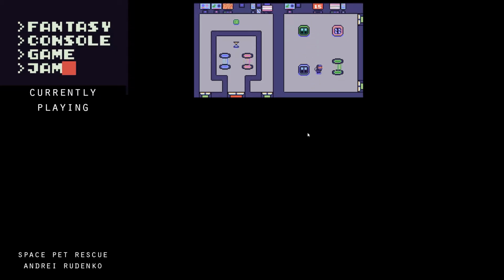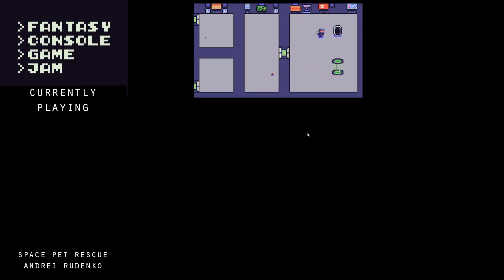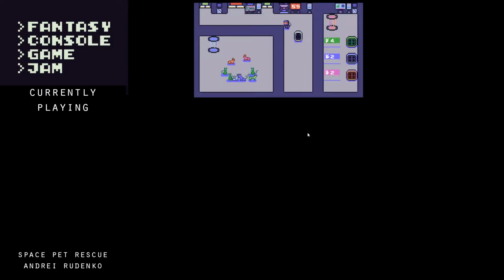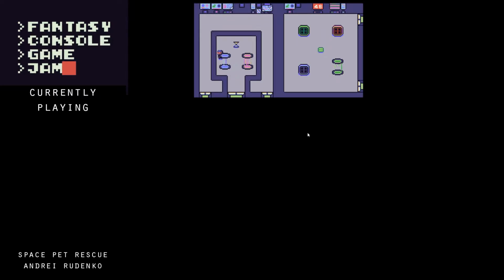Am I missing any dogs? I'm not missing any dogs. I guess it's just when you have 4, it closes up fully. Whoop. Alright. I'm just gonna look at this next level. And continue. Oh, I see. I'm in the same area. I can get this key and come down here and then go up here and then...